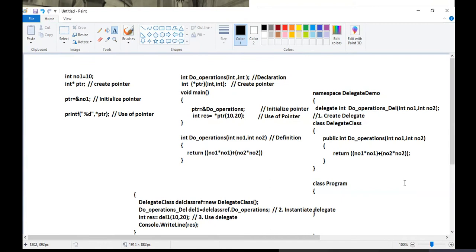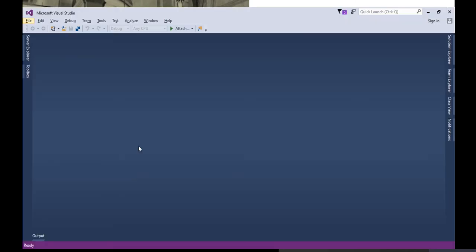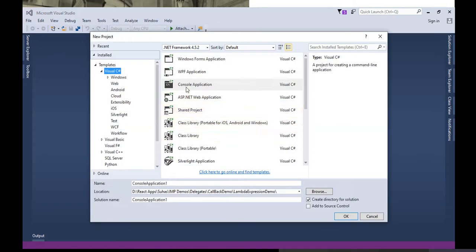Okay, so what gets changed here? The syntax. Now let's do one thing. We will do this in Visual Studio so that the idea will be clear. Okay, so let's go ahead and open the Visual Studio application. Here, I will take one console application. Let's say it is demo 17.